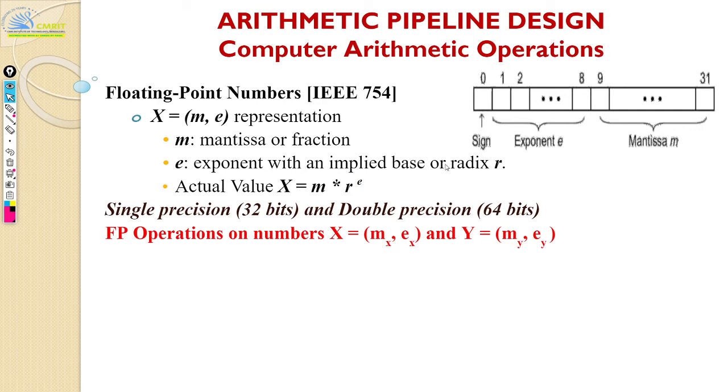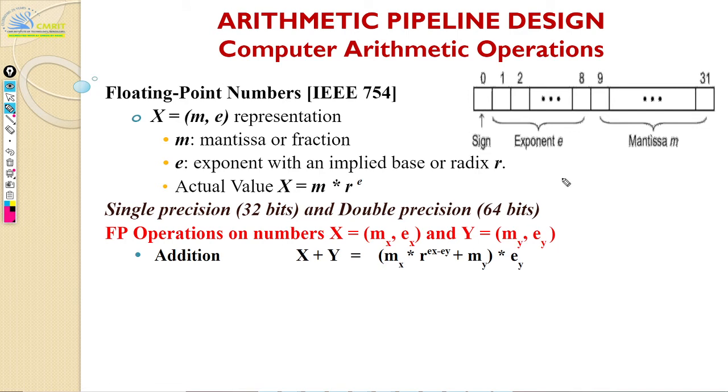So now coming to the floating point operations, similar to what we saw in the earlier slide for fixed point operations. For addition, there's a small change. You cannot simply add the mantissa of two different floating point numbers. You have to do something extra. Let us say you want to add 3.3 into 10 power 5, and 4.2 into 10 power 8. You can't simply add these, because this is some big number.